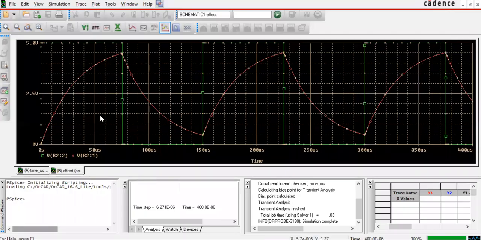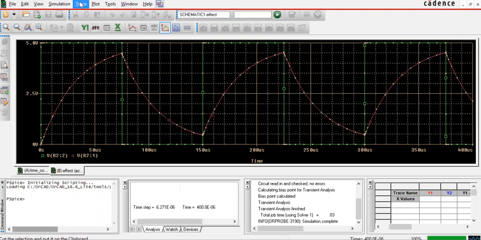Yeah, so here we are getting the output. This is the input Vin, which is a pulse, and this is the output across the capacitor. So now we can see the capacitor is charging depending upon the time constant value. Now let's cross check whether it has the time constant we have theoretically or not. So just to verify, we know that time constant means the time required to charge a capacitor to 63.2% of the final value. So the final value is 5 volt. 63.2% of it will be 3.16.